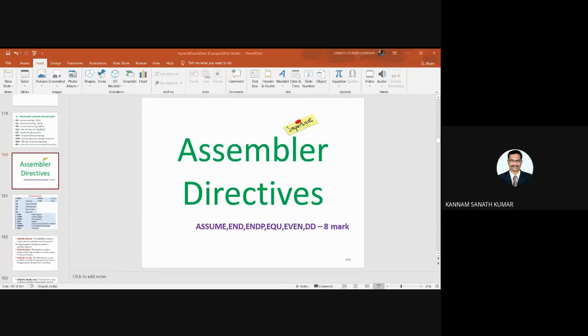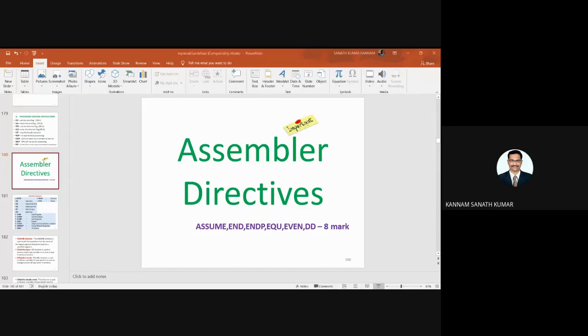And this is define double word. This directive is used to declare a variable of type double word. Double word means 32 bits. Two words make a double word, or it will reserve a memory location which can access type double word, meaning it can access 4 bytes. 8 fours are 32 bits. So 4 bytes are two words, that is 16 plus 16 is 32, so 32 bits are nothing but a double word.